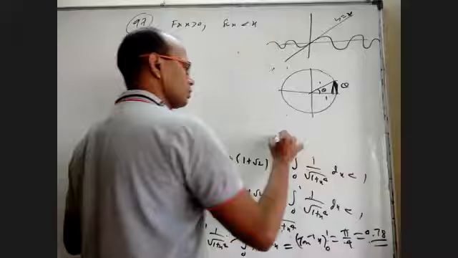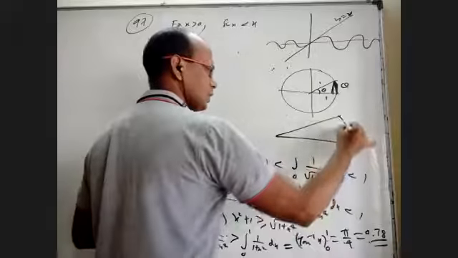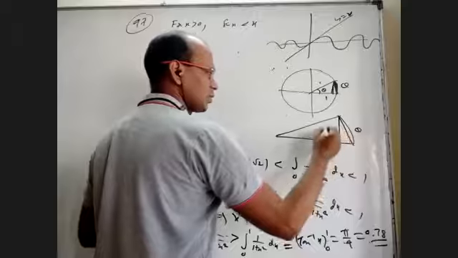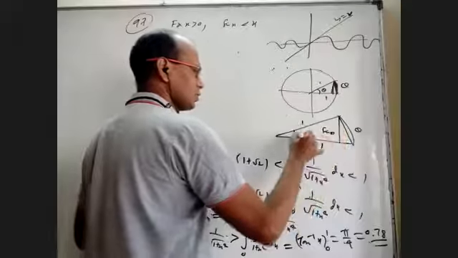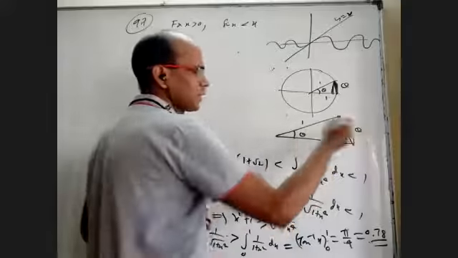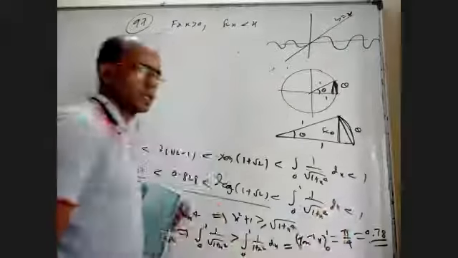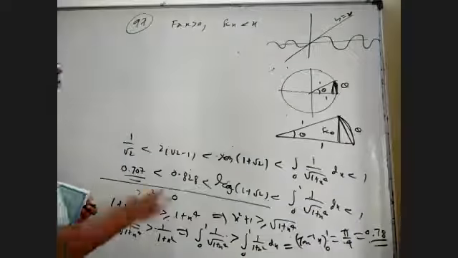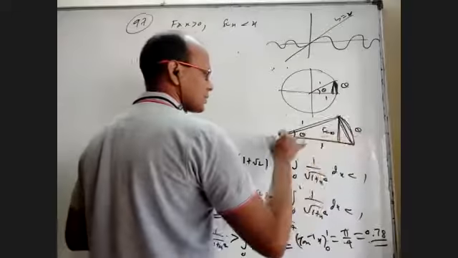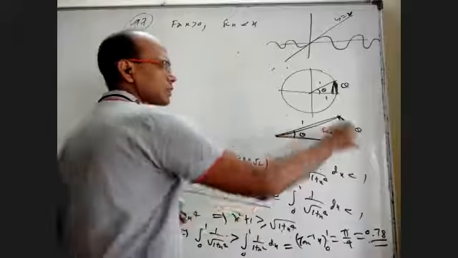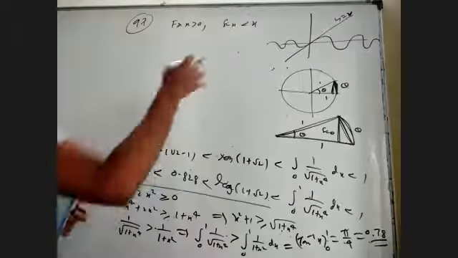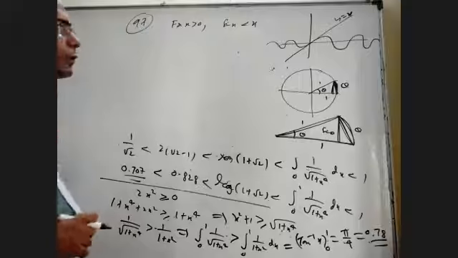You can easily say this length is obviously less than the hypotenuse, and the hypotenuse is less than this arc length. Sorry, I should draw more. This is the arc length, which is theta. This height is called sin theta, and this is 1 unit. Obviously, this side is less than the hypotenuse, and the hypotenuse is less than the arc length. So sin theta is less than theta. Of course, you can also do it by areas. The area of this triangle is less than the area of the sector. The area of the triangle will come to half sin theta, and the area of the sector will come to half theta in radians. You can prove that also. First year you might have studied that.